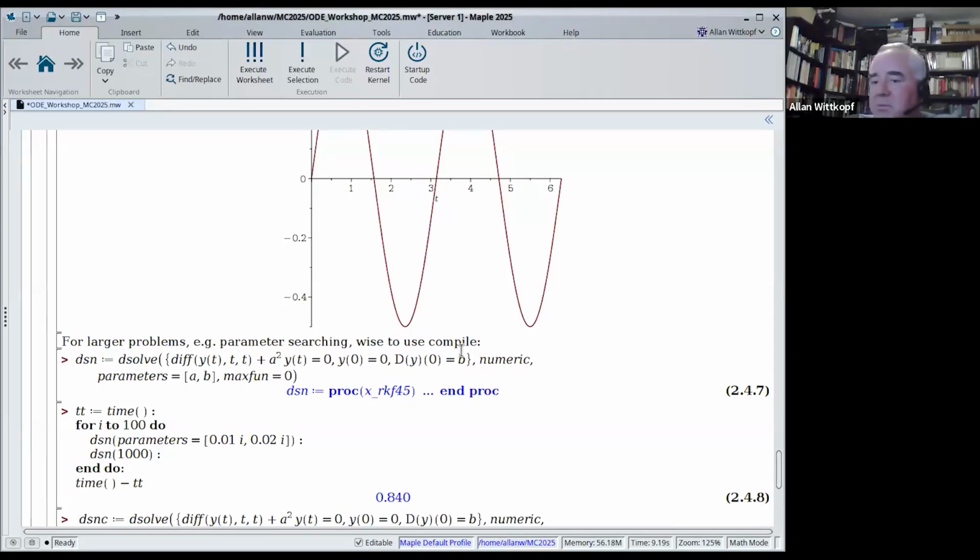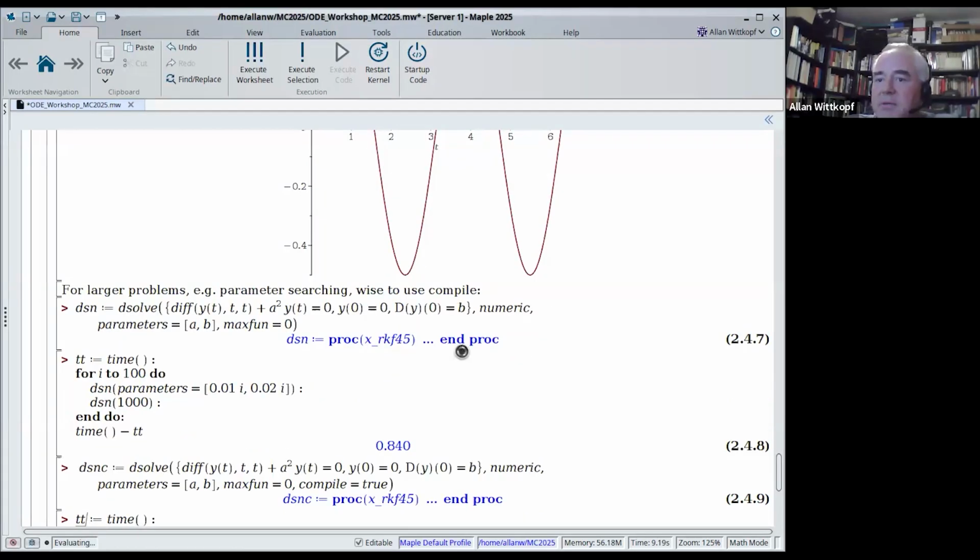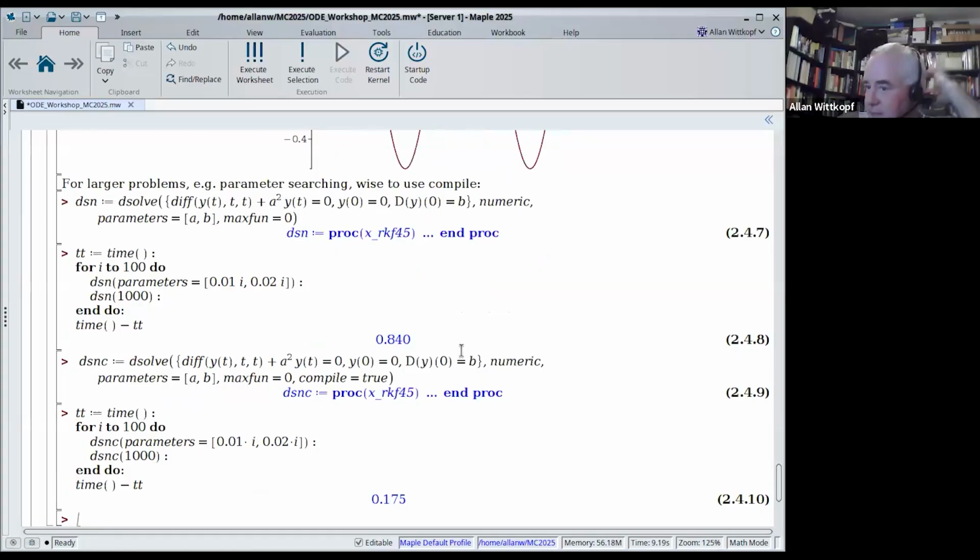This is a small problem. Larger problems, you'll see much larger times. So we'll do the same thing with compile now, and we can see it's significantly faster. Thing to keep in mind is this is a really simple function. When you do the right-hand side evaluation, it's going to be just a square and a product